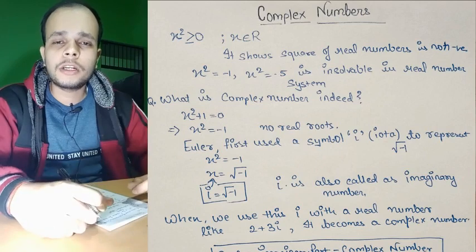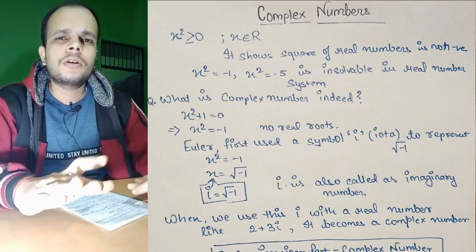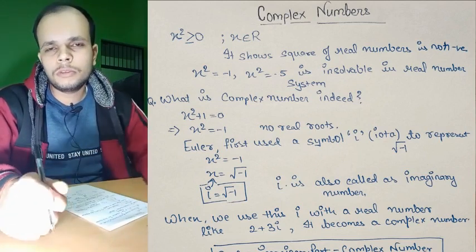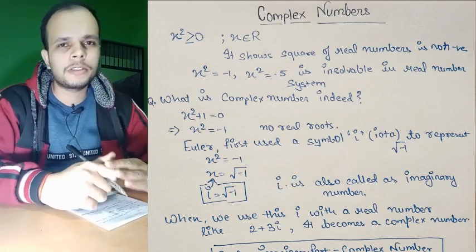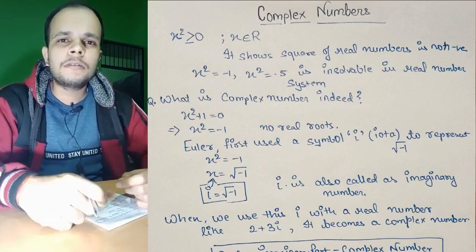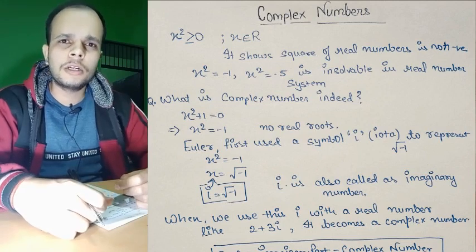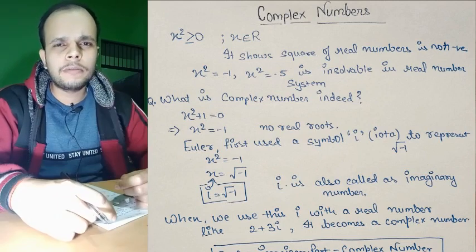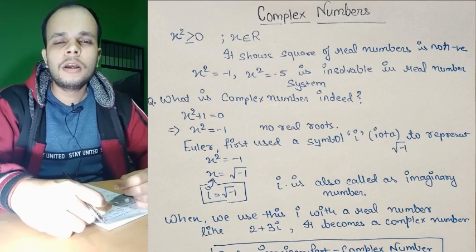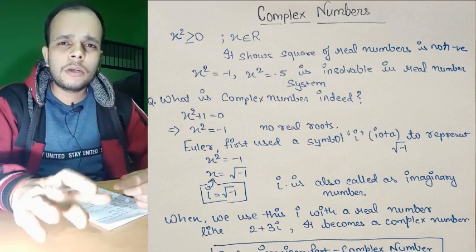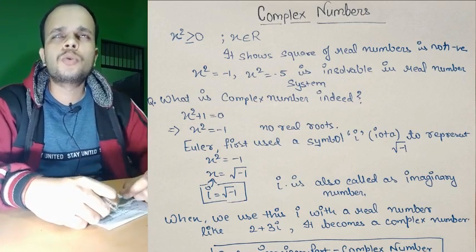Suppose I'm giving you an equation, let x square is equal to 9. You can say that the value of x will be 3. If I elaborate more, we can say that it might be plus 3 and minus 3. Similarly, suppose the equation is x square is equal to 81, then you can say that the value of x will be plus 9 and minus 9. Okay, it's good. Now, let's talk about the equation x square is equal to minus